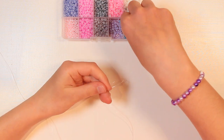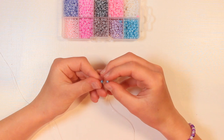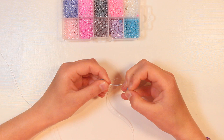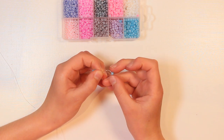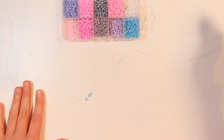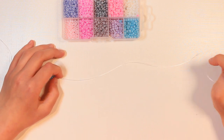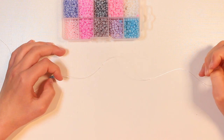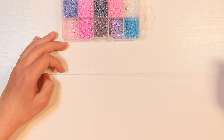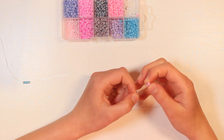So first of all, you're just gonna put on 3 seed beads. It honestly doesn't matter how many seed beads you actually put on the string. You can put on 2, you can put on 1. It'll just be a long bracelet, but with the ladder pattern around it. Or you could put on 5, you could put on 10, you could put on 5,000, 1,000,000. That's gonna take too much time, like loads of string. But yeah, and you're gonna put on another 3,